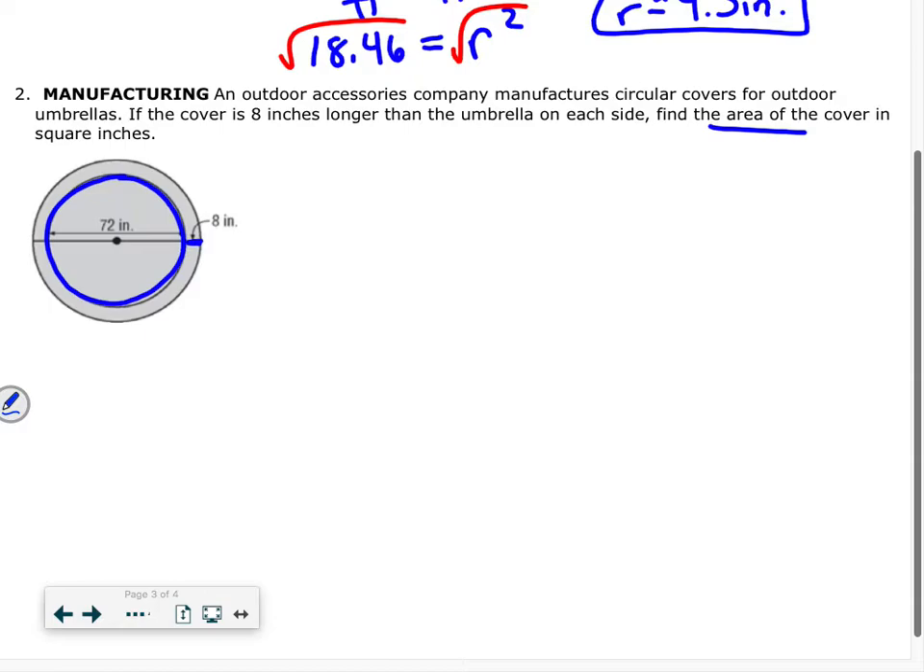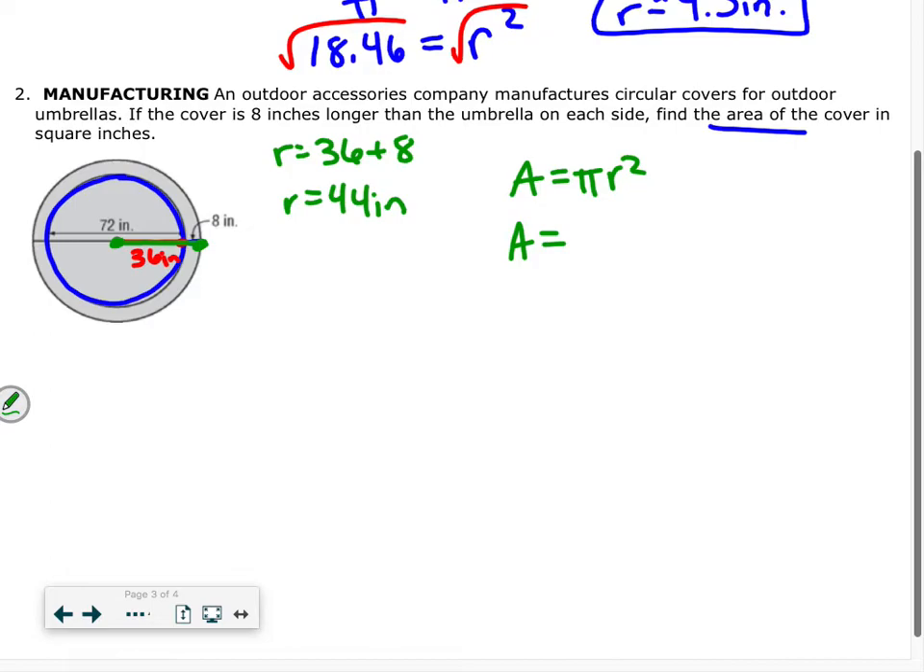So what we need to think about here is, well, what is the radius from those 2 points? And if the diameter is 72, half of 72 is going to be 36 inches. We need the radius of the entire cover, so the radius is going to be the 36 plus the 8, so our radius is going to be 44 inches. So the length from here to the center is 44 inches. And then we're substituting it into our formula. Pi r squared for the area of a circle, pi times 44 squared. And when we simplify that, it's going to be about